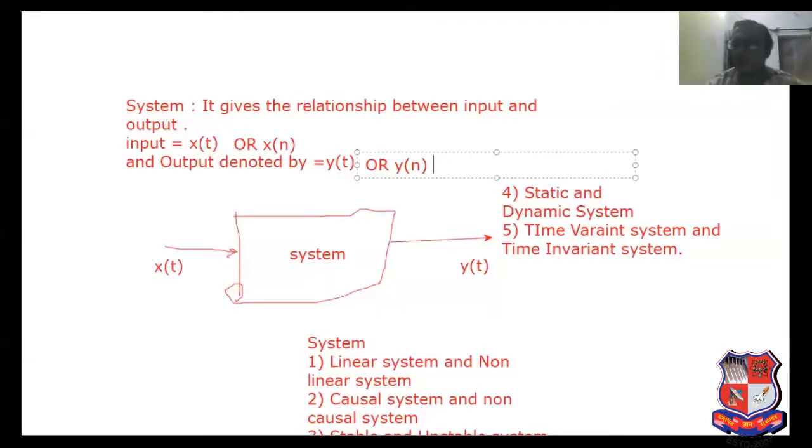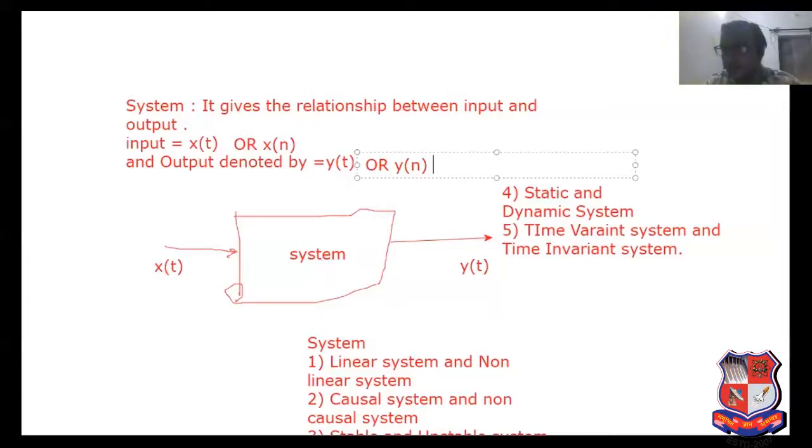What is the example of system? Washing machine, air condition, any particular control system like sandwich machine, like micro oven. What is the input? Either x of t or x of n. See, this is the standard symbol. So after completion of signal operation, we have switched over to the basic system operation. Now, basic elementary signals, unit step signal, unit ramp signal, unit parabolic signal, whatever we have discussed here. We also discussed the relationship between these different signals.